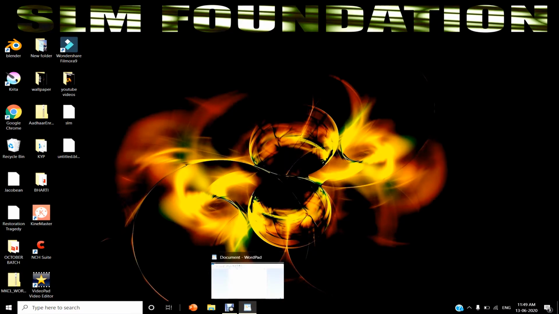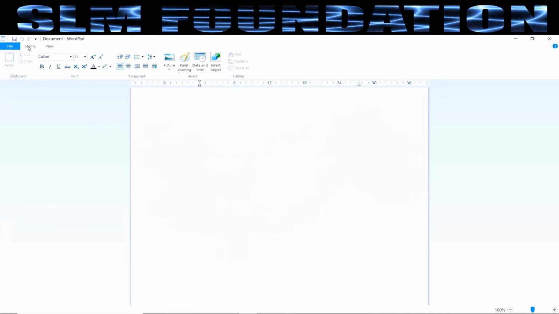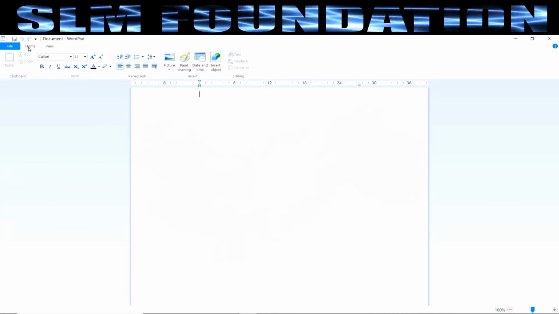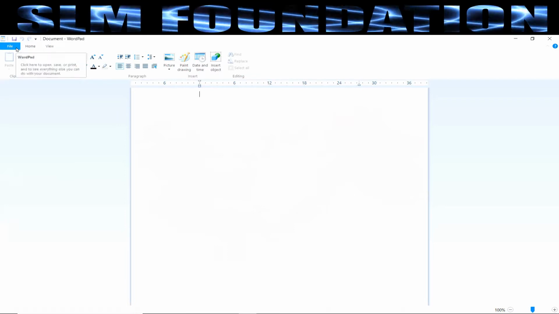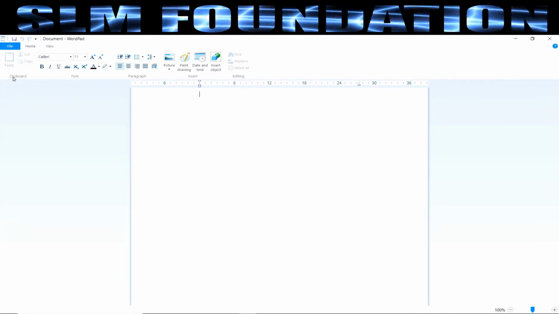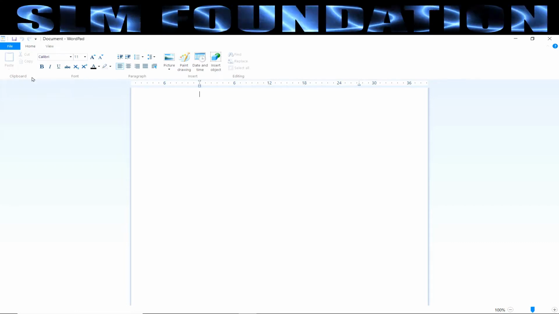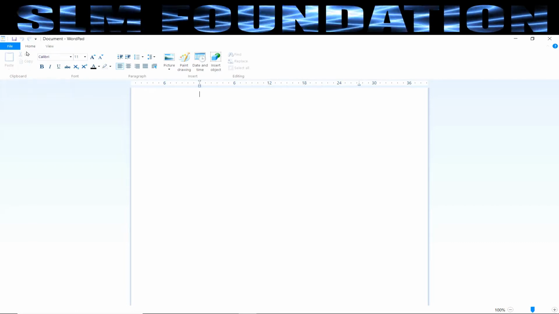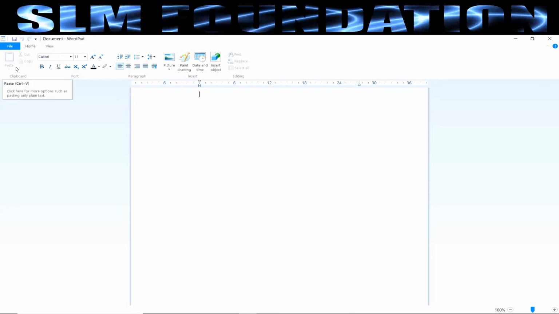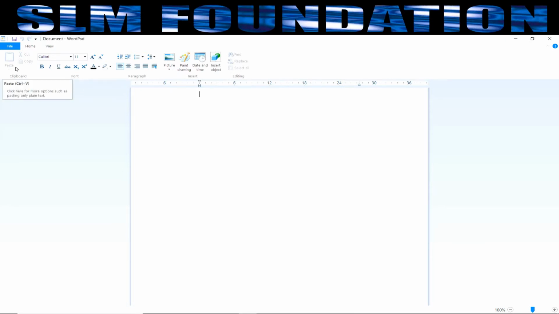Today we'll go with the topic Home tab in WordPad. In the previous video, we have read about File tab. So let's start with Home tab. First we'll find a clipboard group in which we'll get cut, copy and paste. This work is the same as we have done earlier in Notepad or in Paint.